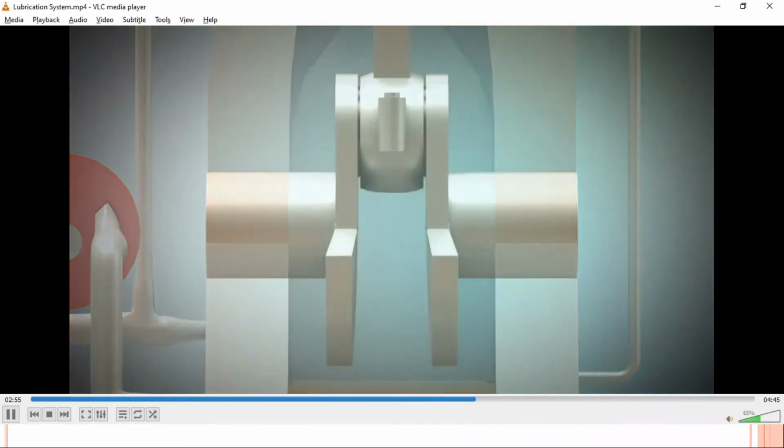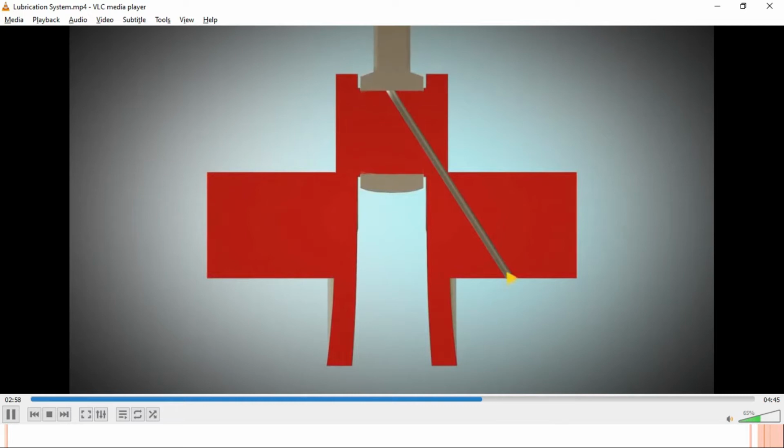The crankshaft has oil galleries so that the connecting rod bearing can be supplied with oil. Here you can see this crankshaft has some oil galleries, meaning there are oil passages, because we have to provide oil for lubrication to the connecting rod and the crankshaft as well. Oil will pass through these passages and lubricate the big end bearing. This is the point where the connecting rod's big end is connected to the crankshaft. These bearings are also journal bearings.